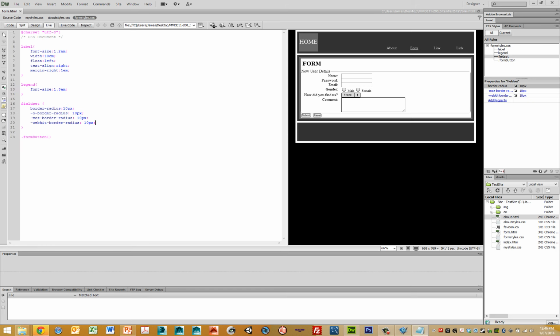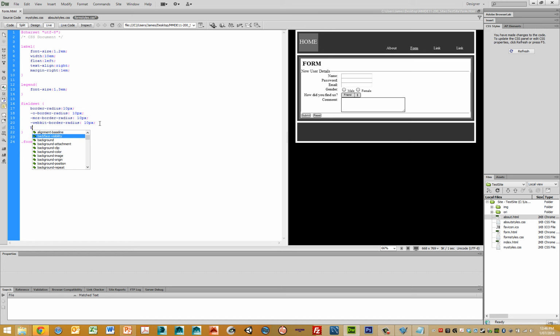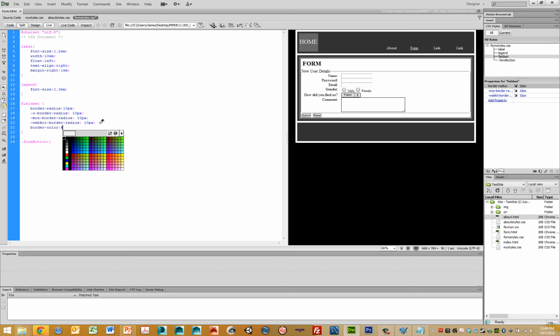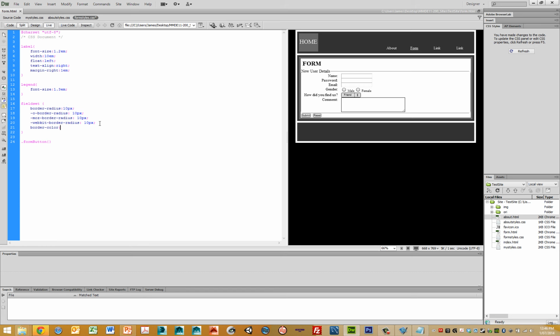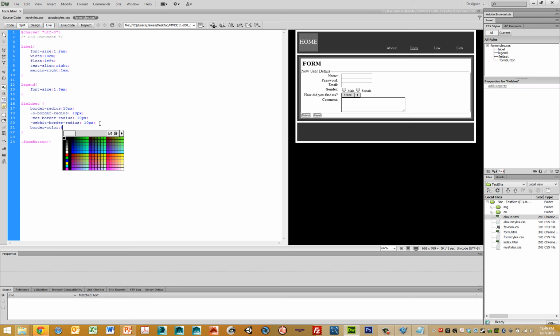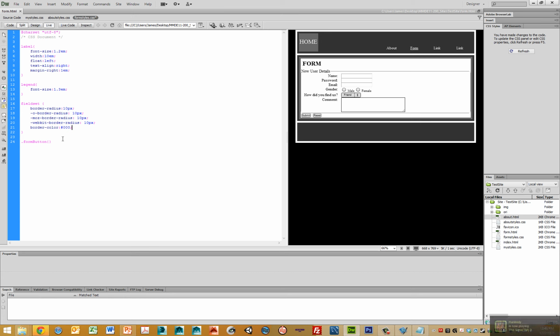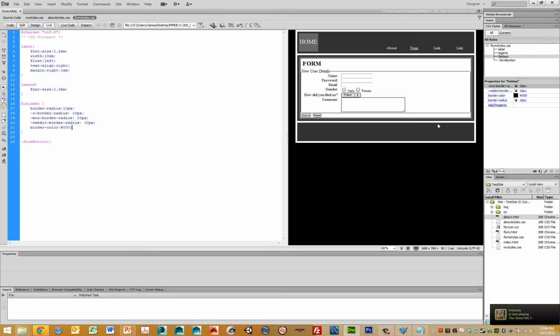And just change the border color on this. So there's the border color, and let's make it black. There we go. So now we've got a black border on there. We've got about all our various components. So we've got our field set done, and very quickly